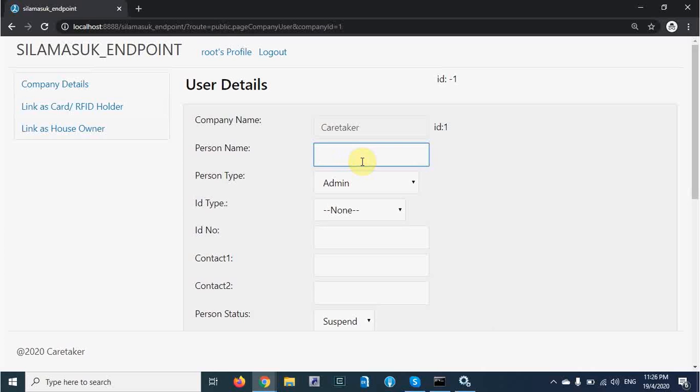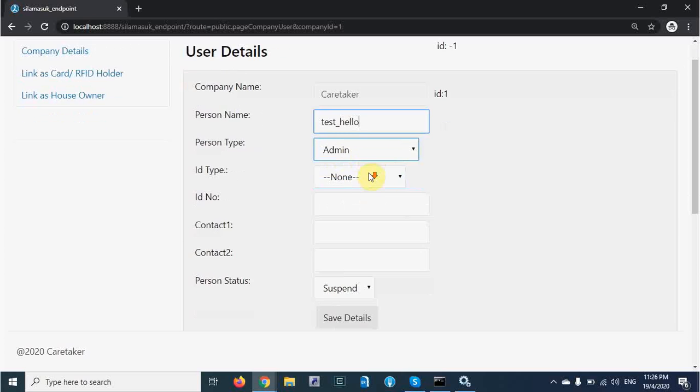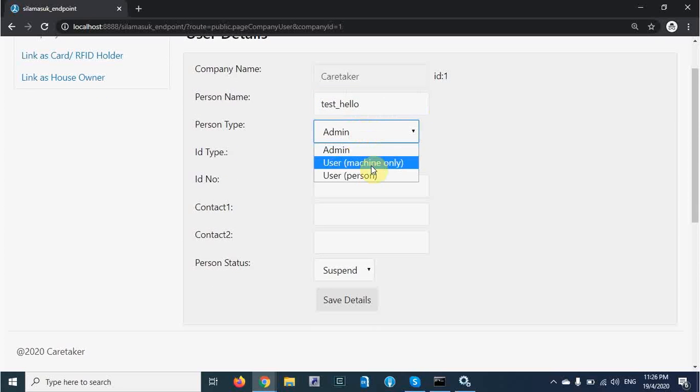So this will be test user. We'll just say test hello. Test hello. Is it a machine, or is it a person, or is it admin? Okay, so for machines, why do I have this list of person type? Because